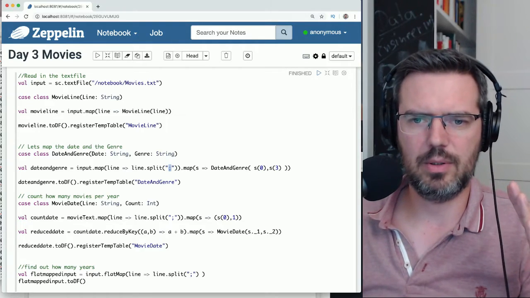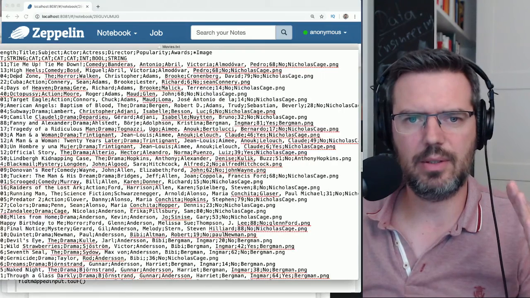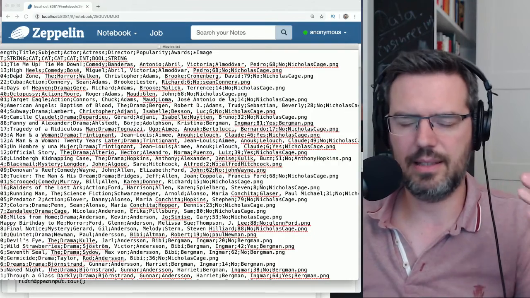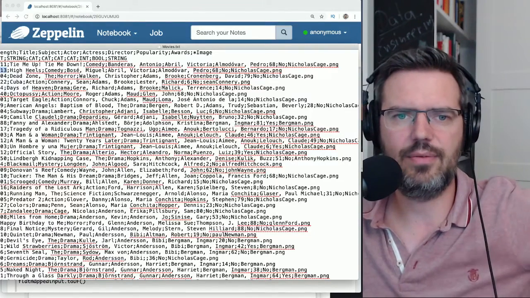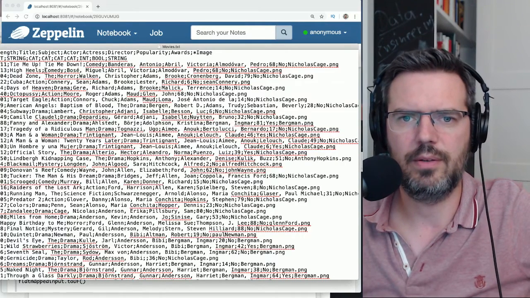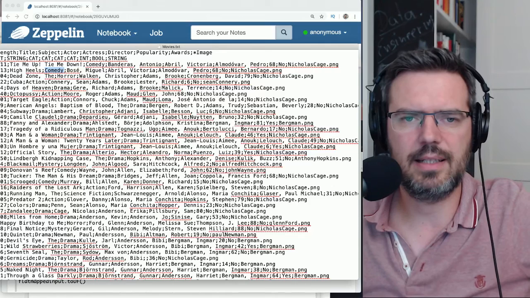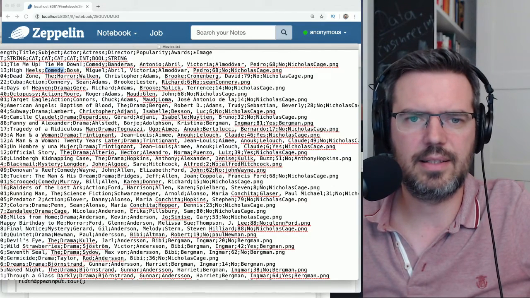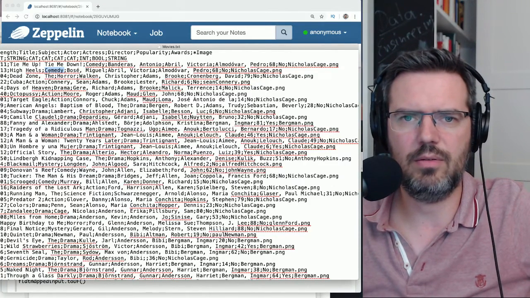In this case we want the date and the genre. Looking at the file, the date is the first position and the genre is the fourth, so it begins with 0, 1, 2, and 3.